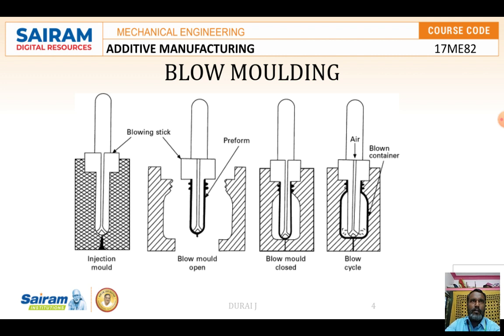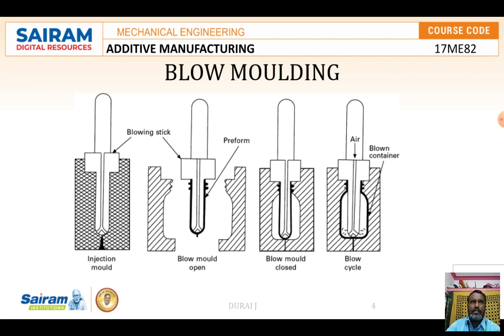In the first step, a softened thermoplastic tube, usually called a parison, is properly placed inside the two-piece hollow mold. When the two halves of the mold are closed, it pinches closed one end of the parison and encloses the blowing pin at the other end. The parison is now blown by pressurizing from within, blowing compressed air through the blowing pin.